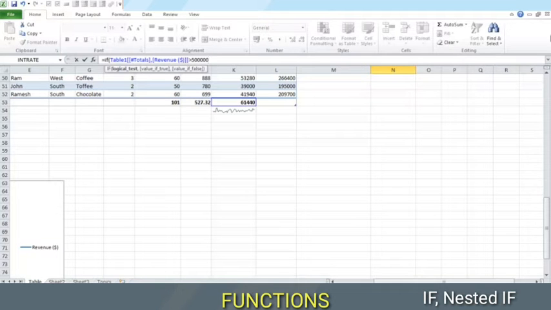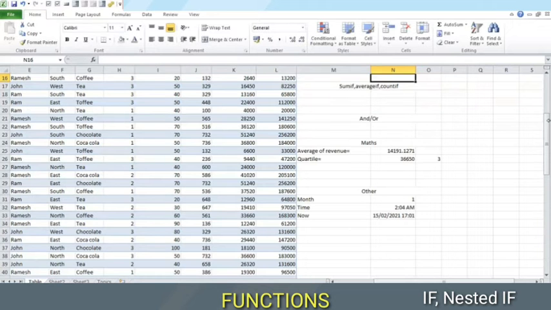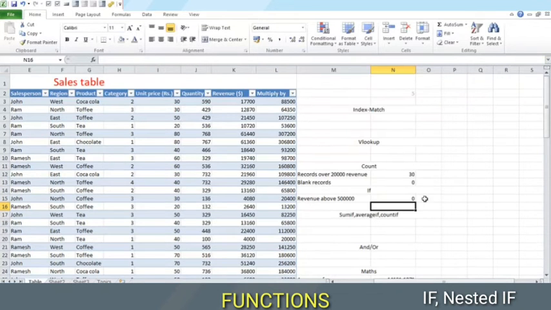Here we have put a cell name, so we do not need any inverted commas. And the value if true. Now we want a text output. Again, we will put inverted commas here. Yes. And let it be 0 if false. As you can see, the number does not require inverted commas, but the text will require it. If we write a condition separately as a text, we will again require the inverted commas.